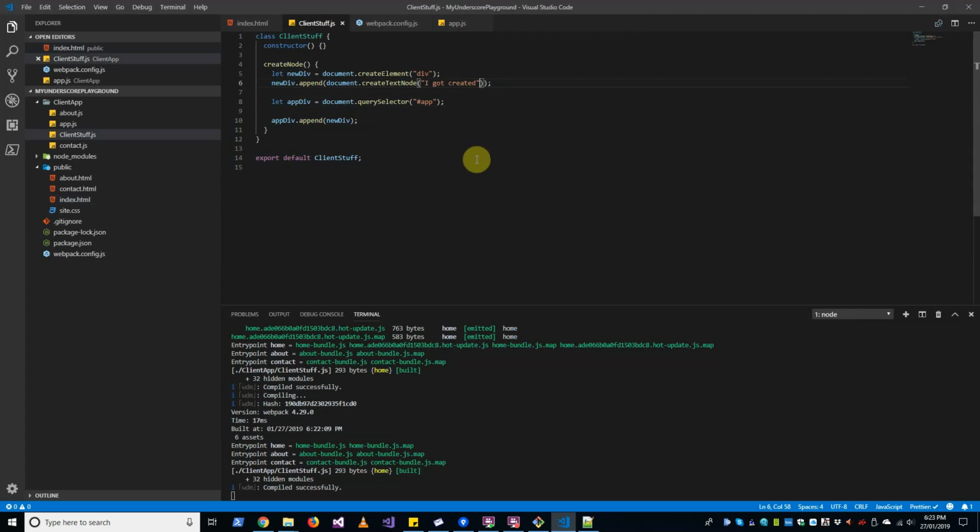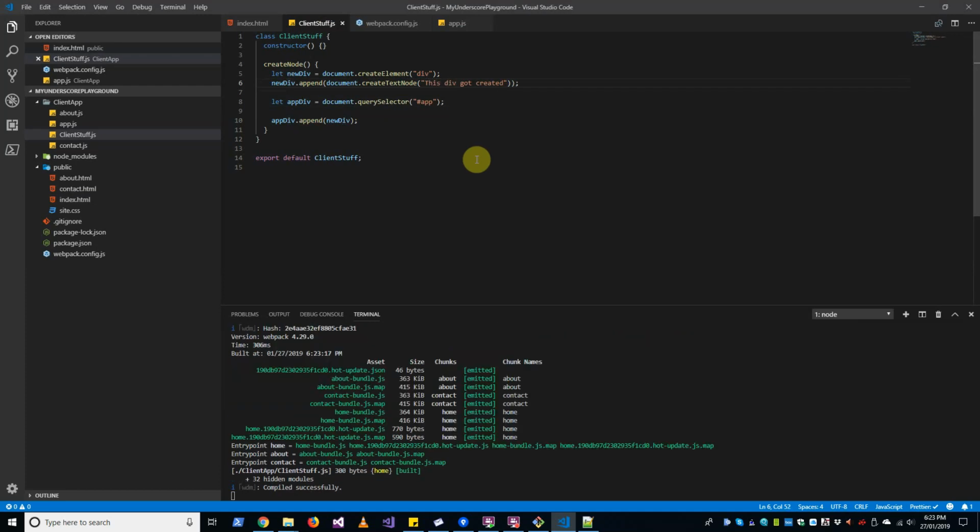I can go here and type in "this div got created", and you can see it's recompiled. If I go over here, you can see "this div got created" is now being rendered in that page. That's one of the cool things about